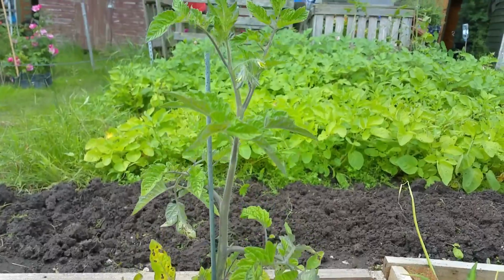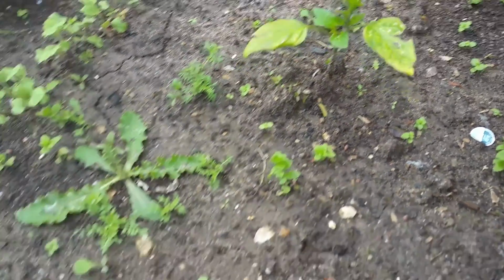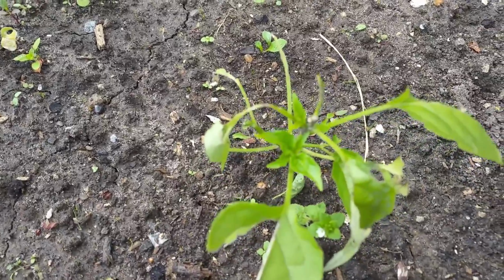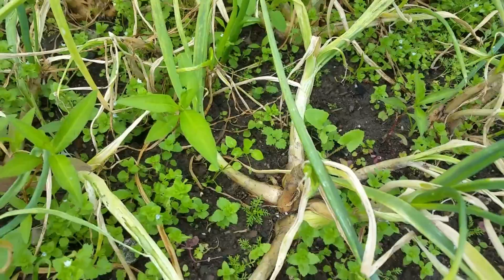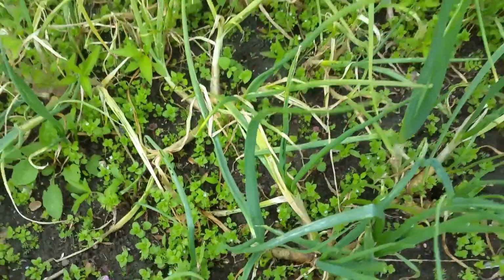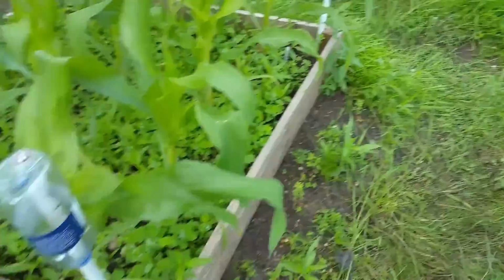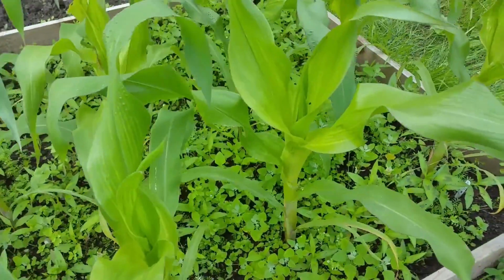Another tomato there doing well, it's flowering up. My chilli, lucky I've got chilies at home. These two chilies have been munched by the slugs. Shallots in here, they're doing absolutely crazy. I'm not sure which bed to lift, either these ones or the other ones, to put that other sweet corn in. We'll get time today,